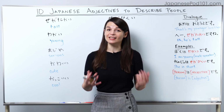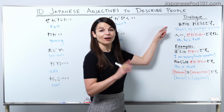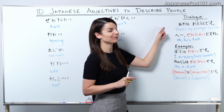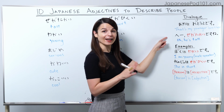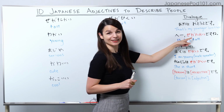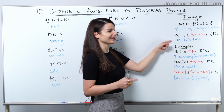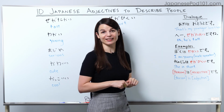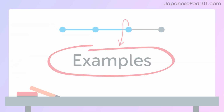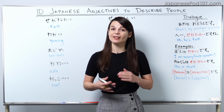Okay, let's take a look at a dialogue that uses this vocabulary. Let's start here. あれは弟です。That's my younger brother. The response is, へー、背が高いですね。We learned 背が高い means tall. Oh, he's tall. 背が高いですね。